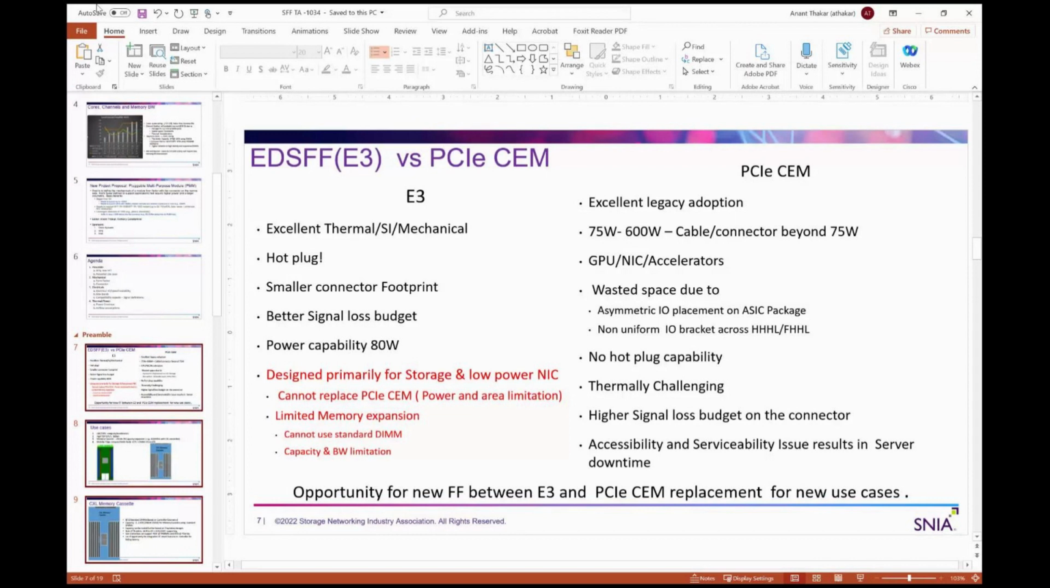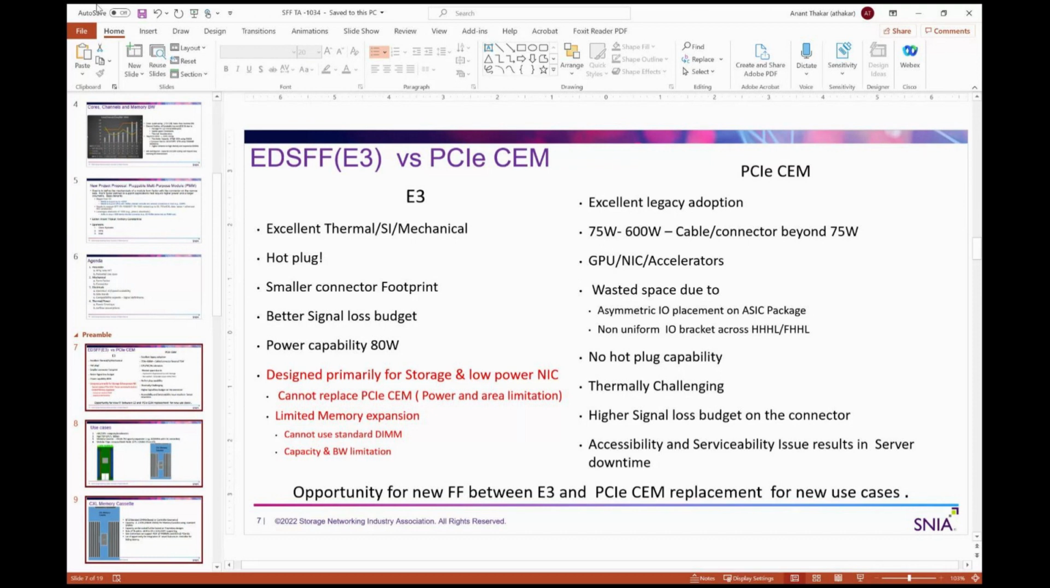Is it just a few gigabytes, or are you talking about terabytes worth of expansion outside the server, or even inside the server, locally attached to the DRAM, sorry, to the CPU? This is where it is a capacity and bandwidth limitation of E3, which will limit you from going beyond